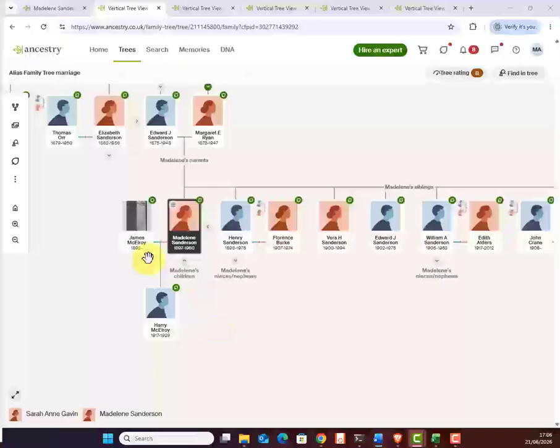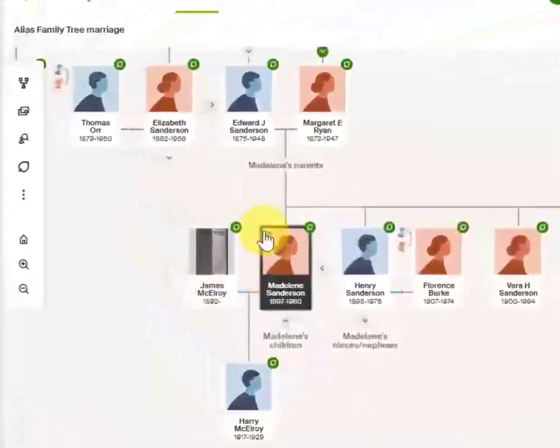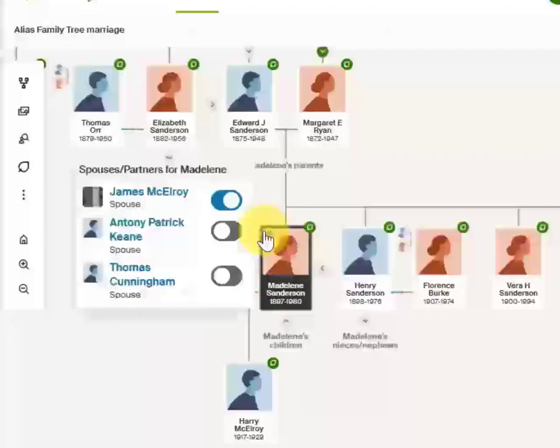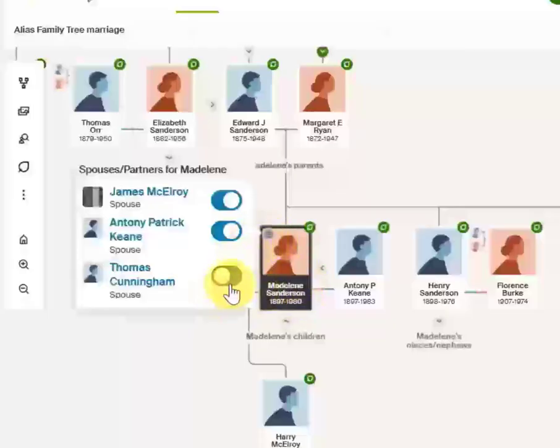By default, only one spouse is shown. That little circle in the top left indicates there are more. Click on the icon and you see the details of all 3. And you can choose to switch to displaying every spouse at all times. I can turn it on here for this particular lady, turn on a second spouse and turn on a third spouse,